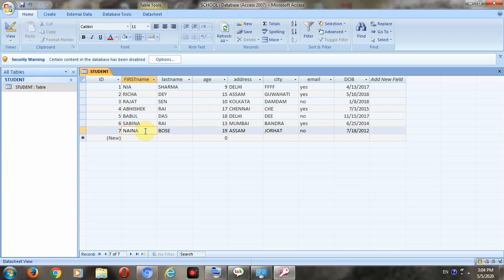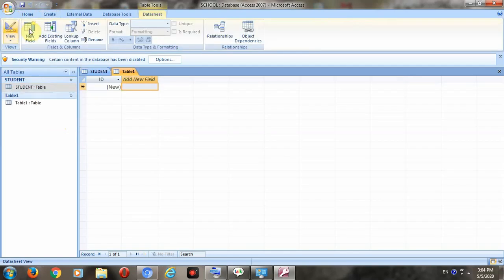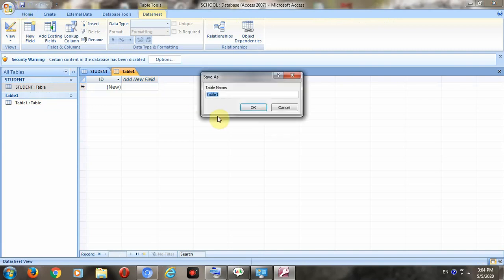For this, first I am creating one new table. I am giving a new name for my new table, that is course.